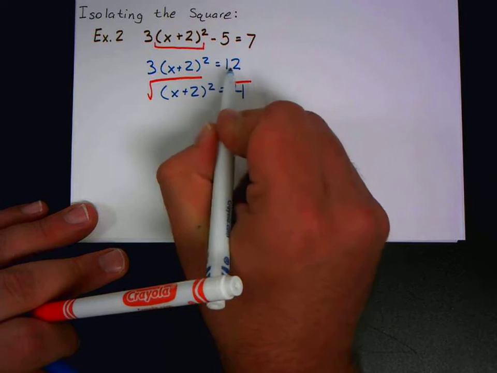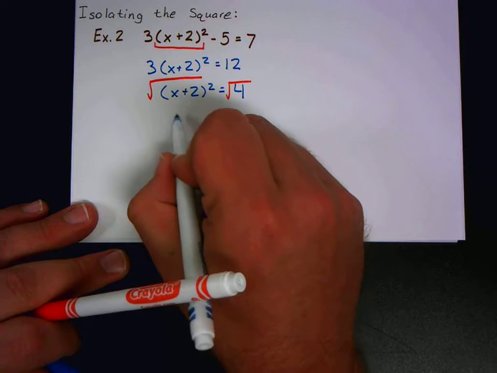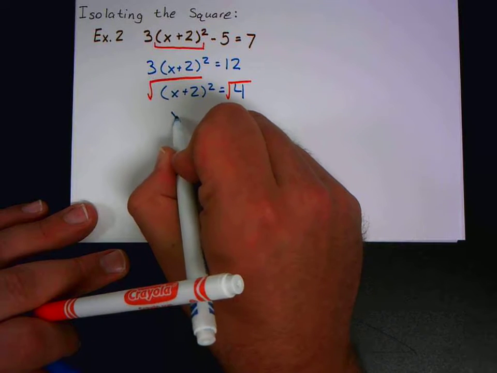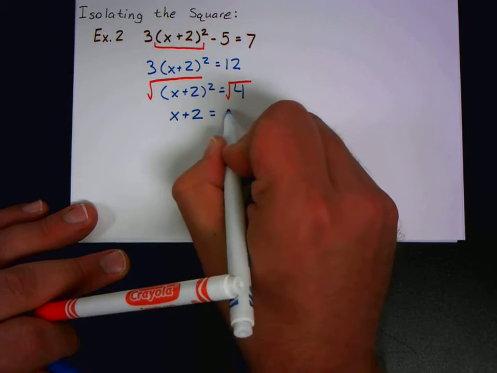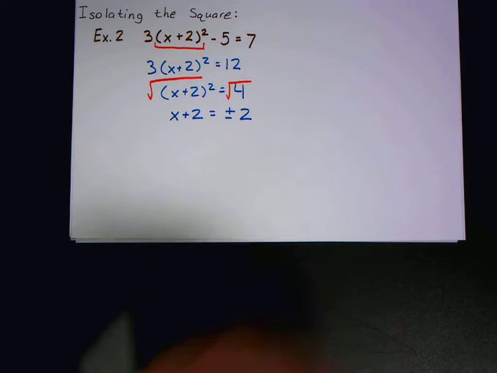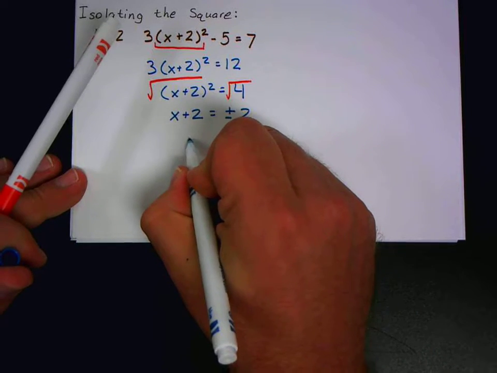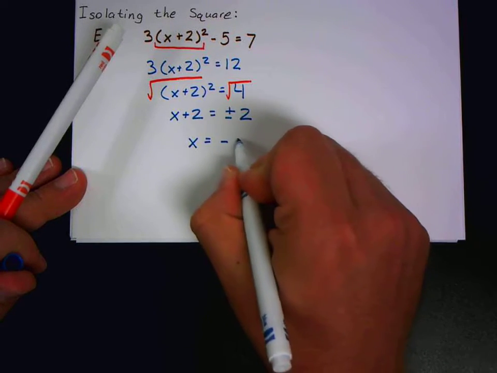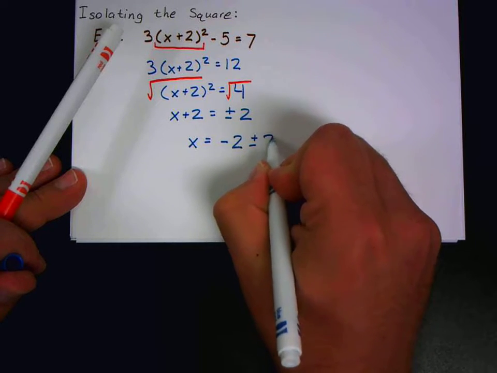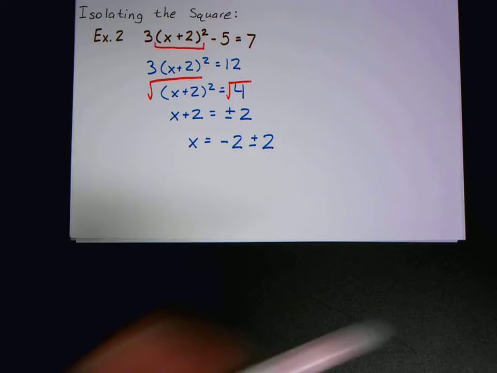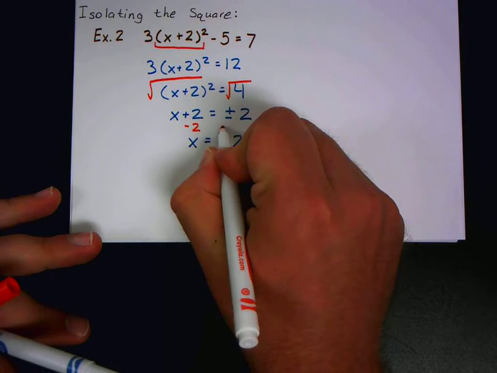I just divide both sides by 3. Now, the only thing you have to be careful of, anytime you introduce a square root into a problem, you have to do the plus or minus. Okay, then whenever I subtract this 2 from both sides,